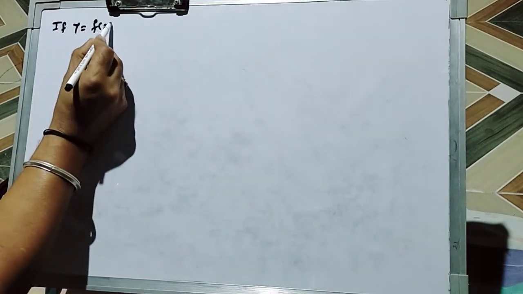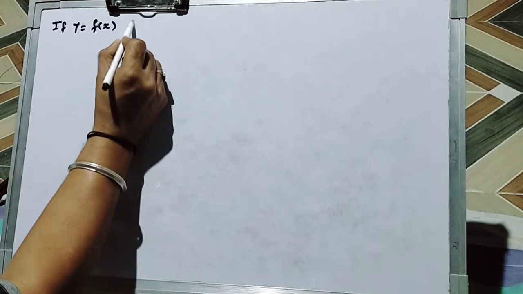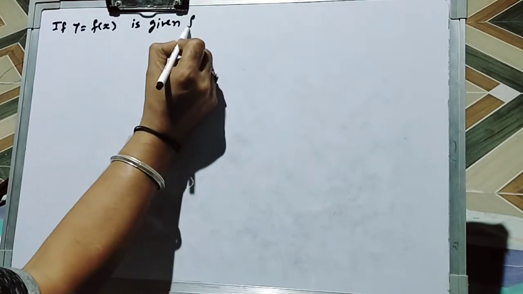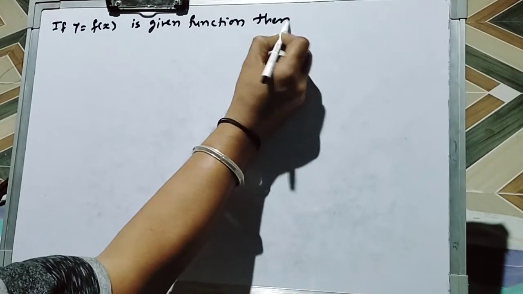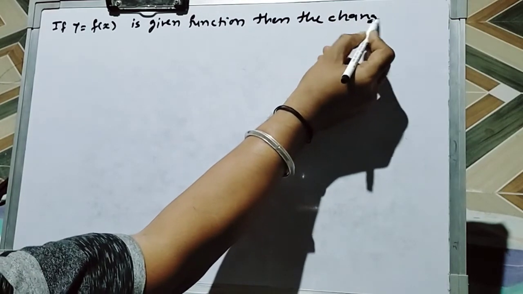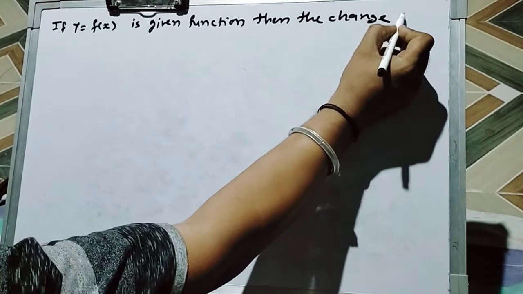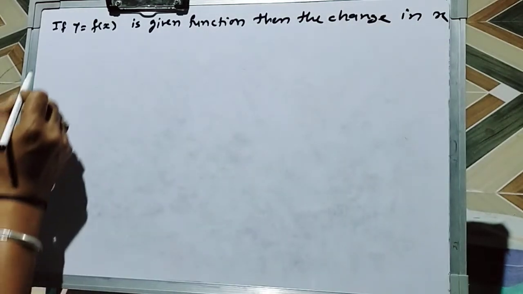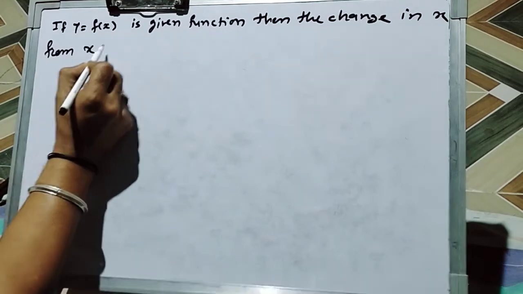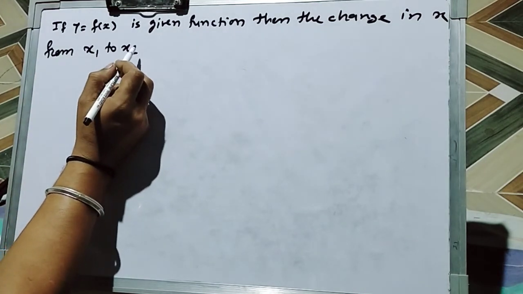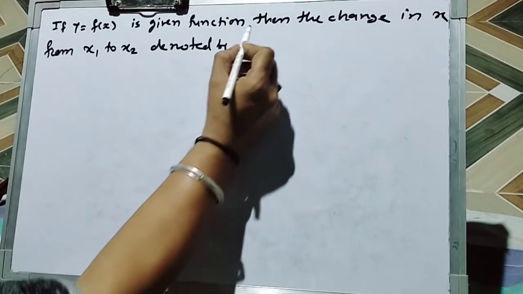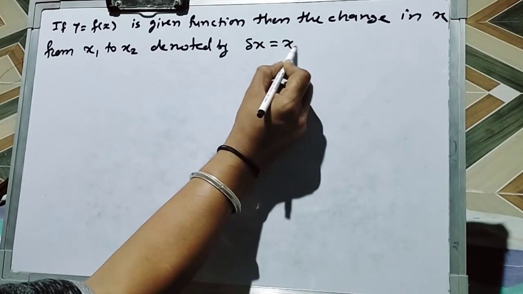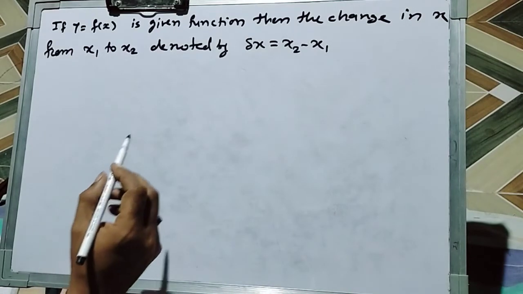If y equals f of x is a given function, then the change in x from x1 to x2 is denoted by delta x, which is simply equal to x2 minus x1, and